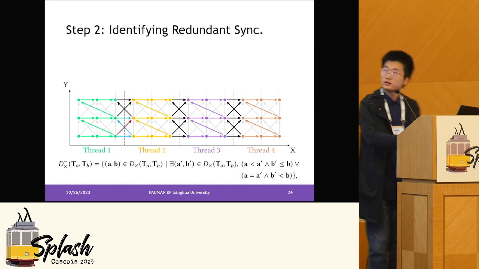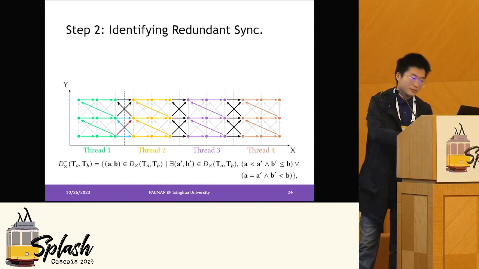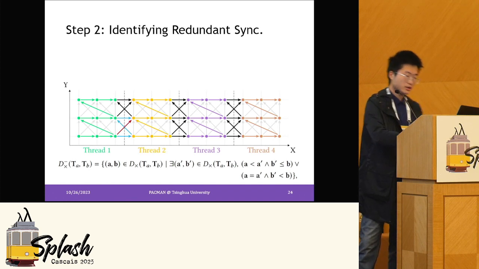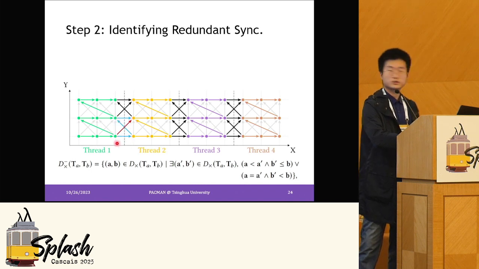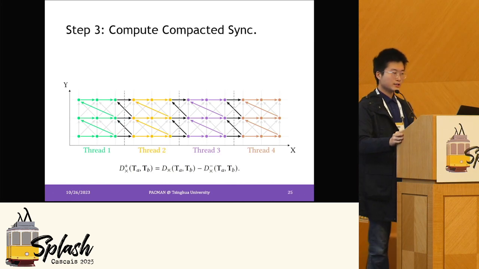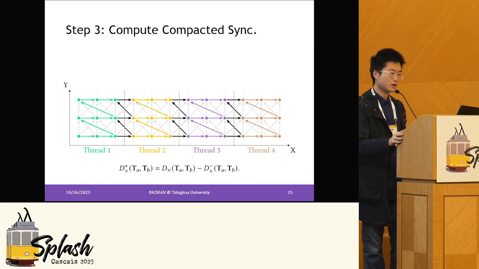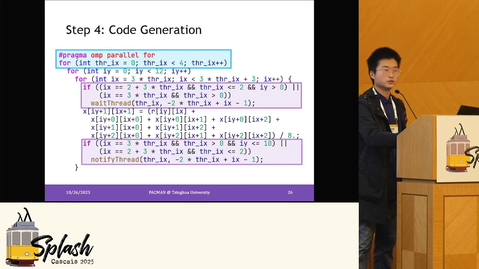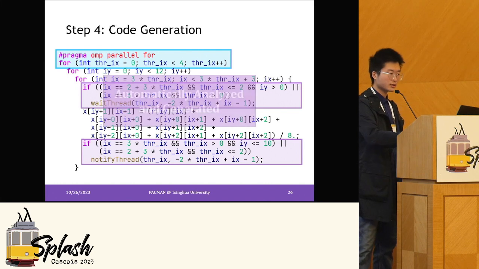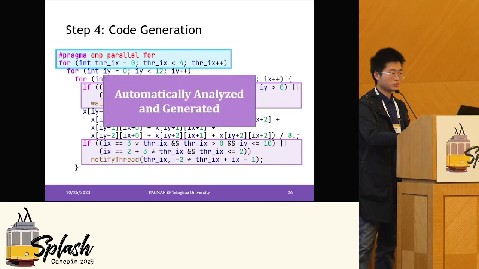And then notice, I don't know if you can see that clearly, there's a red arrow here, and we can see that the three blue arrows dominate this one. So the red one is redundant, and we want to eliminate it. And by eliminating such synchronizations, we get a compact set of synchronizations to work with, and then we can do code generation on the result. So the whole thing is automatically analyzed and generated to code which is parallelized with